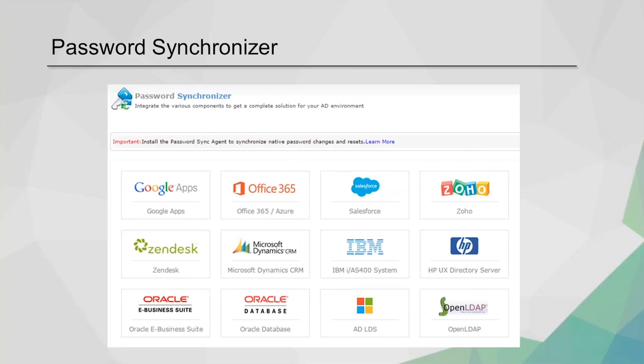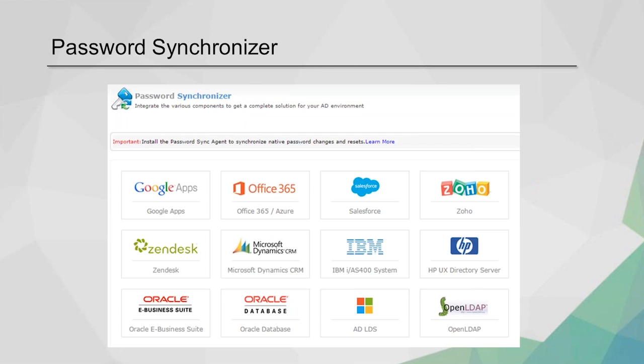Now, over the last year, 2 years, we at ManageEngine have seen a dramatic push to the cloud. And of course, we, as a corporation, our parent company, Zoho, has had cloud-based solutions for many, many, many years. But now we see everybody else coming on board. And these cloud-based solutions, they have their databases, they have their accounts, and the end user is kind of put out in the cold when it comes to the number of accounts and passwords that they have.